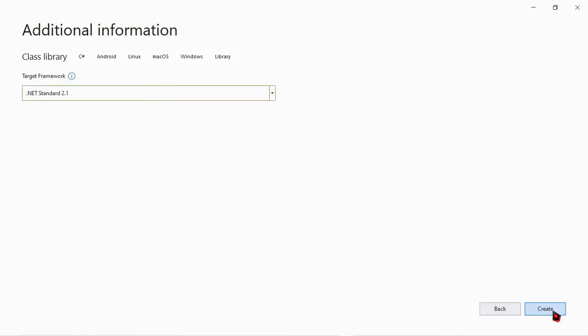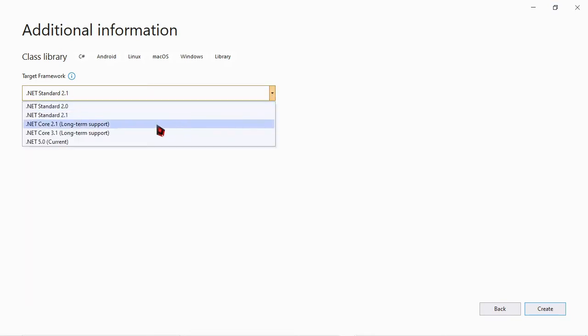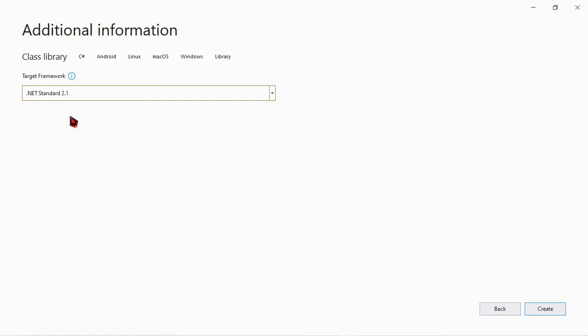Next, here we choose the target framework. The target framework can be .NET Core, .NET 5, or .NET Standard. .NET Standard is theoretically the more stable. The thing is that you cannot develop UI with .NET Standard, so you cannot create a console application or WinForm.